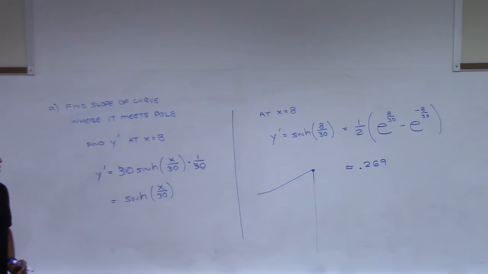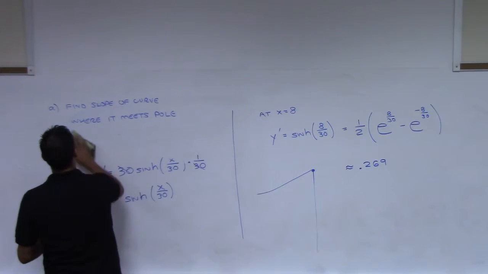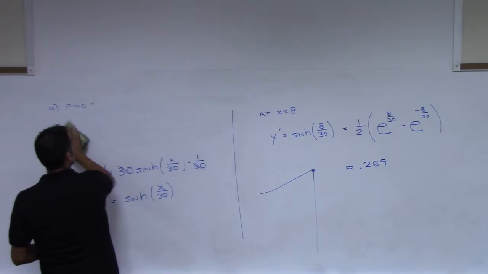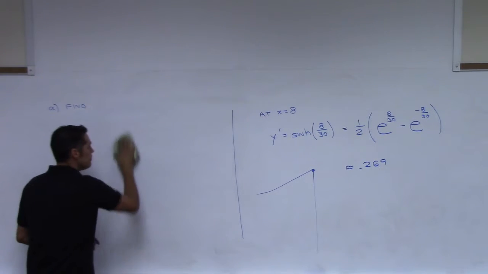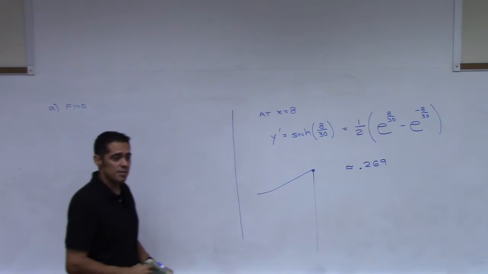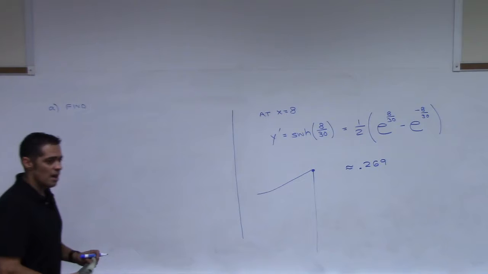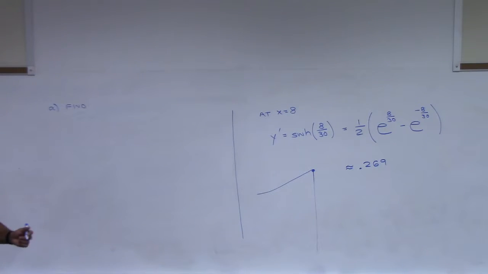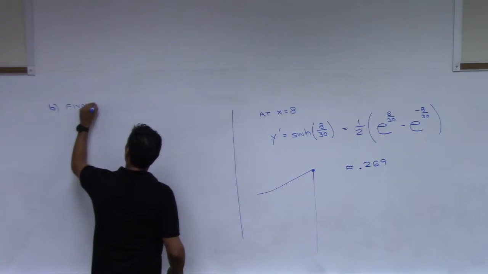All right, so we've answered the first question, yes? The second question is to find the angle. So that's measured in what? 0.269 is saying? It's just the slope. So what is that? That's your ratio of rise over run. That's what that is. There's not a unit measure for it. That's why for part B, I'm actually going to ask you for the angle. Okay? So for part B, find angle